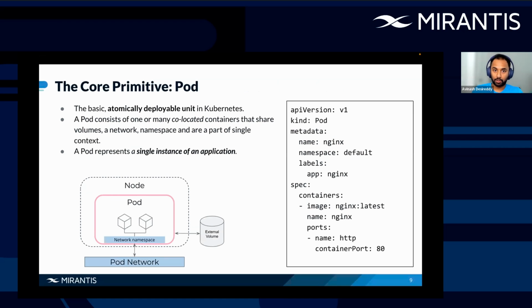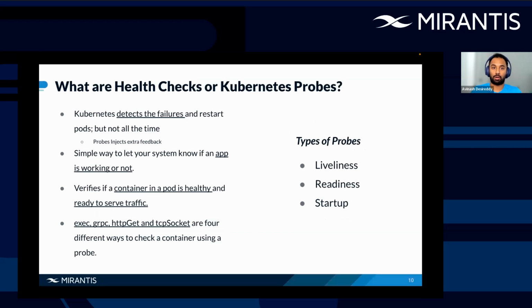So with that, once we have our source code, it's packaged into a container, and then one container or multiple containers are encapsulated in a pod, and then they are executed in Kubernetes. So when we are talking about the application health checks in Kubernetes,